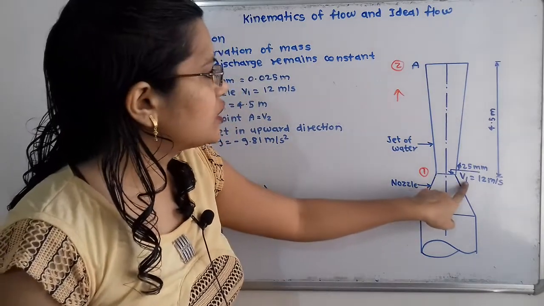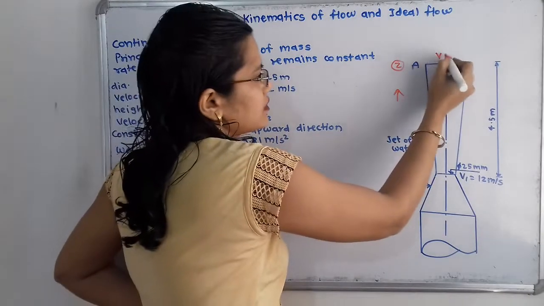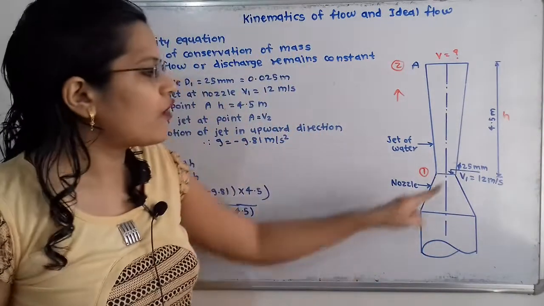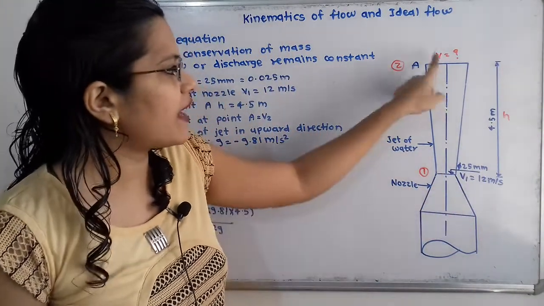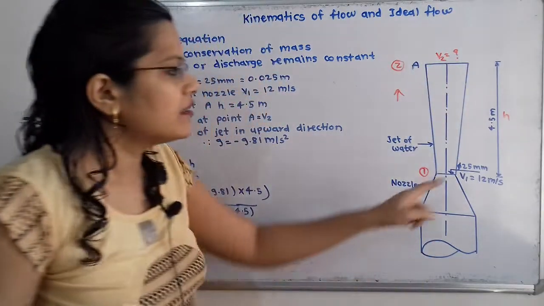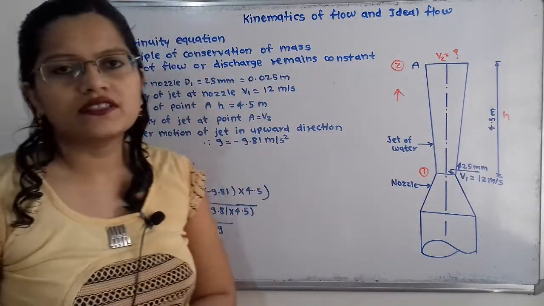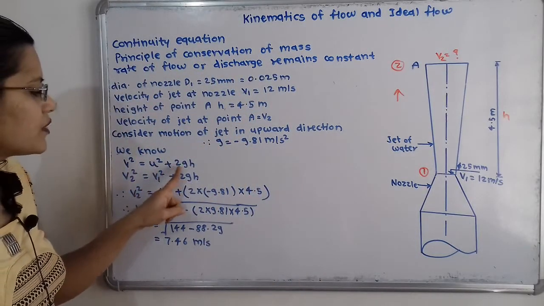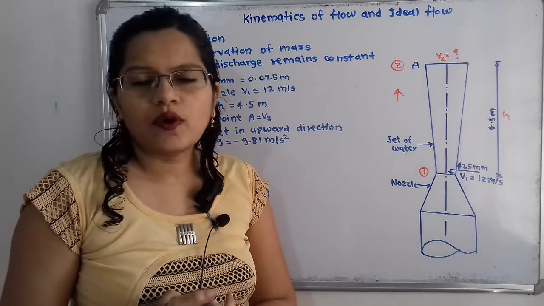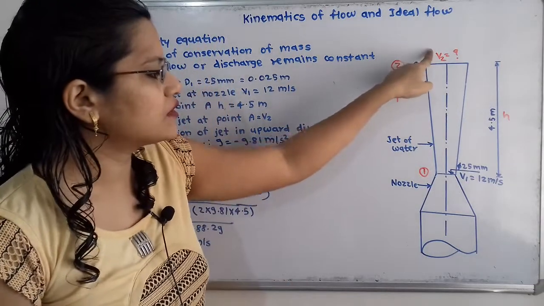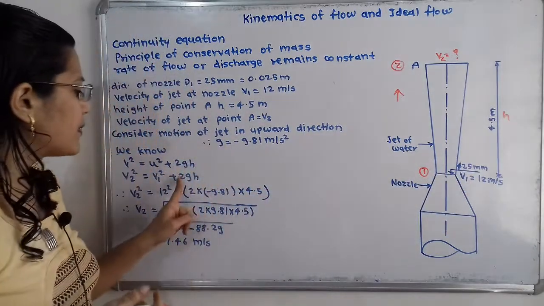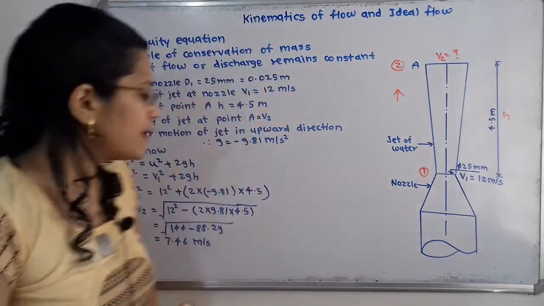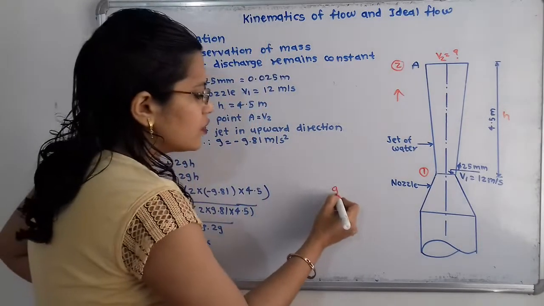Now we know the initial velocity, we have to find out the final velocity, and we also know the height h. So we have a formula relating the initial velocity, final velocity and height. We know the formula: V square is equal to U square plus 2gh. V is the final velocity, U is the initial velocity. The value of g we know, that is 9.81 meter per second square. So this is the normal value,